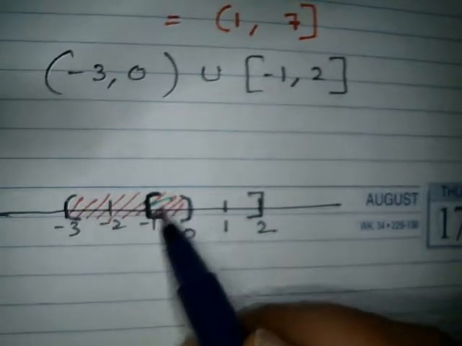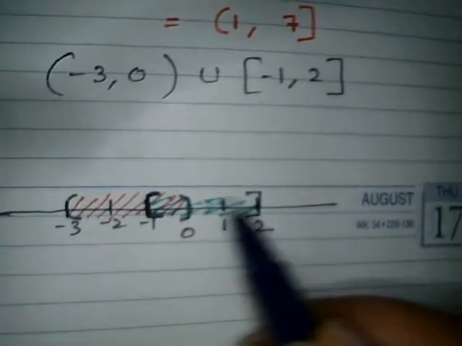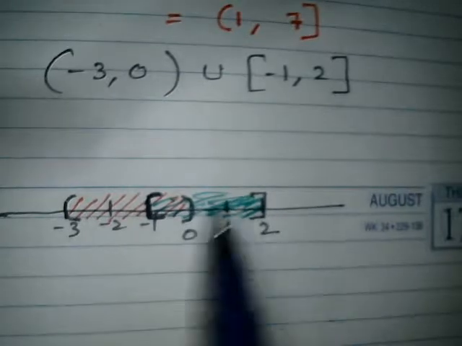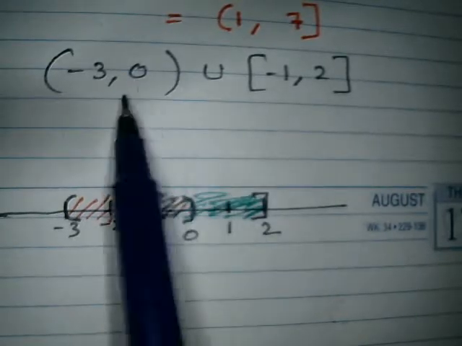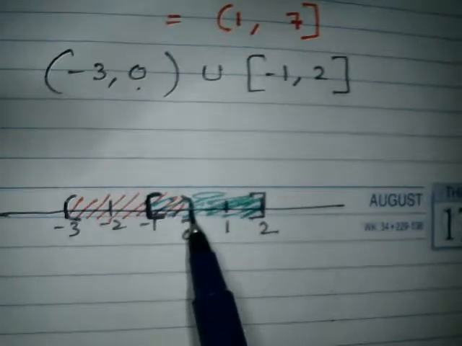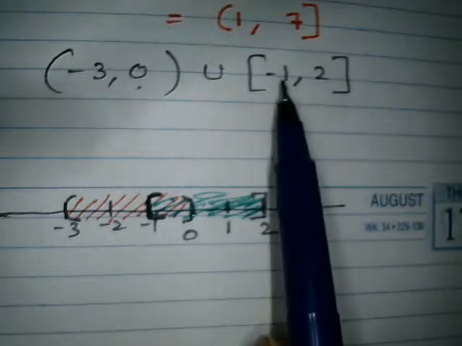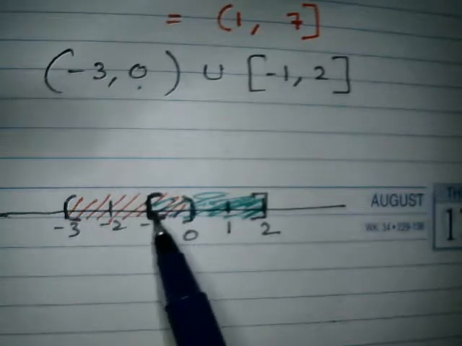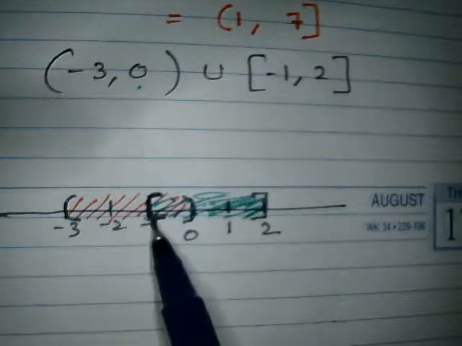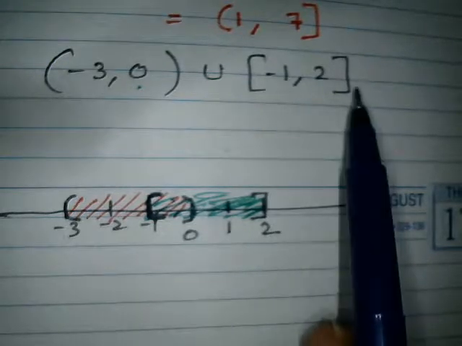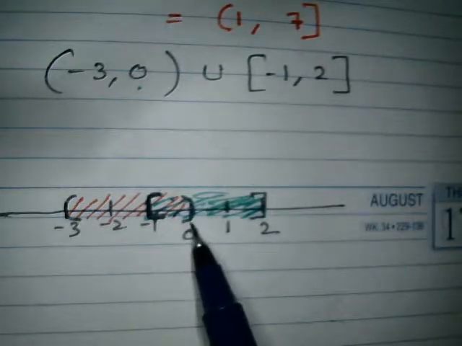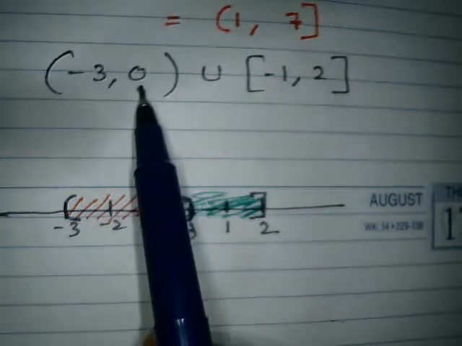Okay, now we need to check. See, this is 0, correct? Before 0 this set is starting, and this is containing a close bracket, so from here all the points this set is going to contain. So 0 is going to come definitely, because 0 is excluded from the first set, so that's why we are checking whether 0 is included in that or not. Okay, 0 is included, so it is going to come in the union.